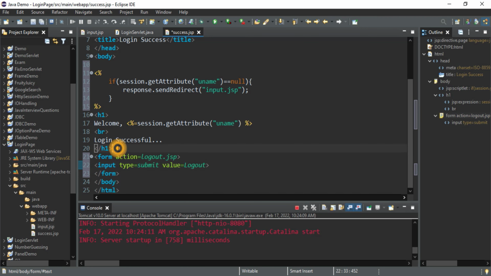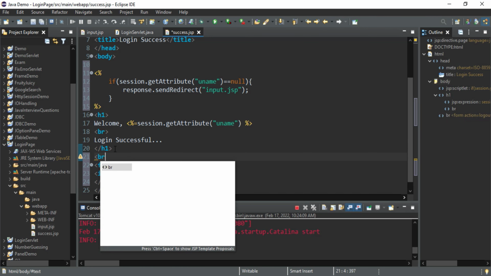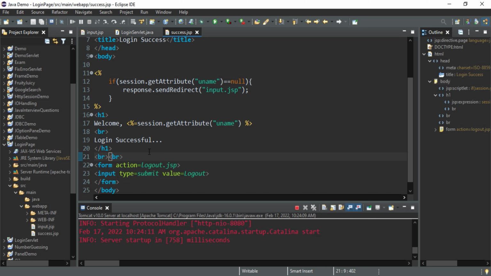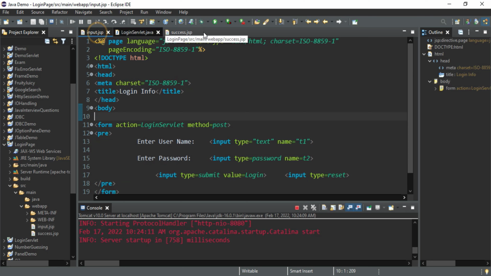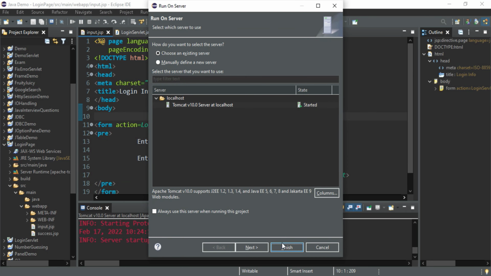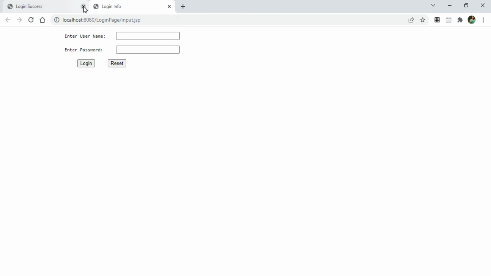Okay, before that let me just put one br over here. Now I need to create the logout.jsp page also, but before that we'll run and check our output. I'll close all these tabs.